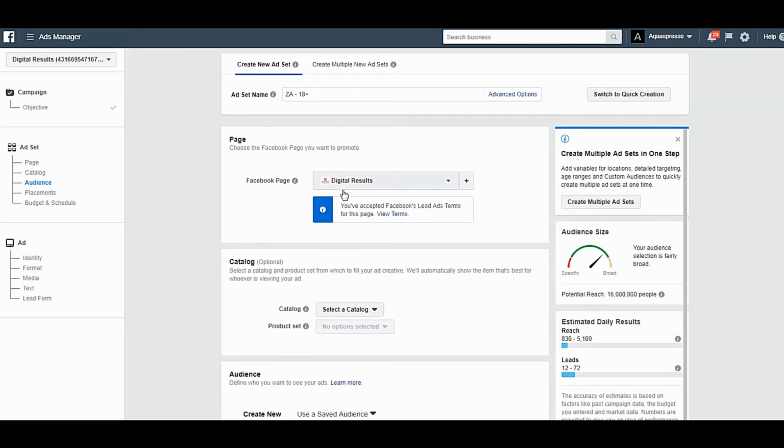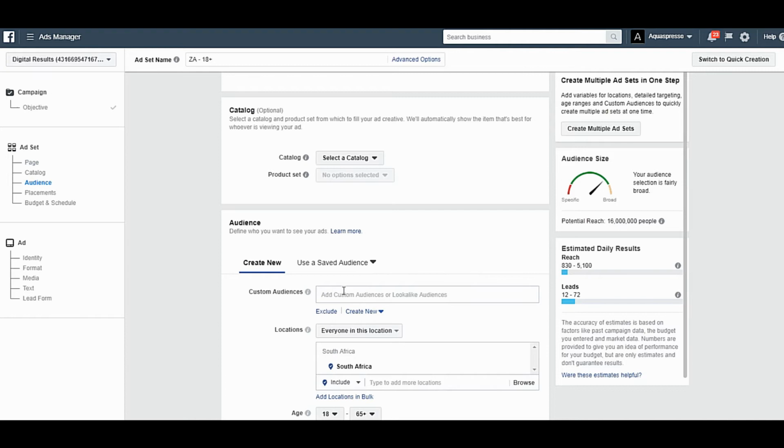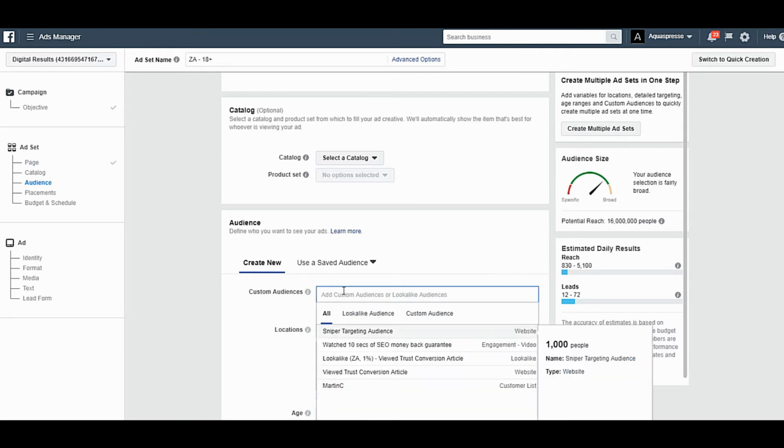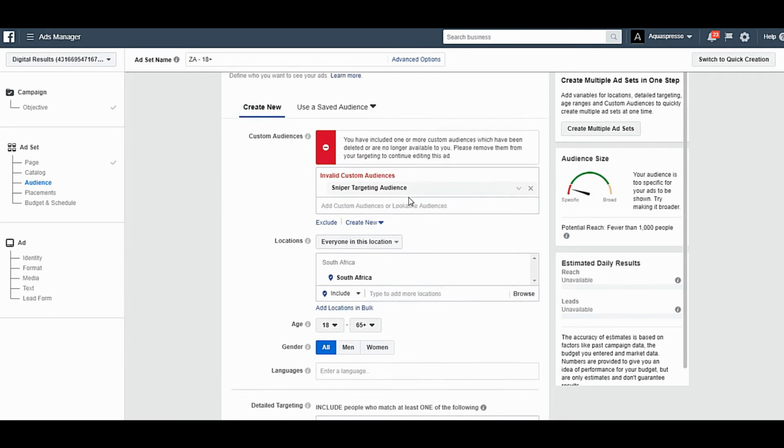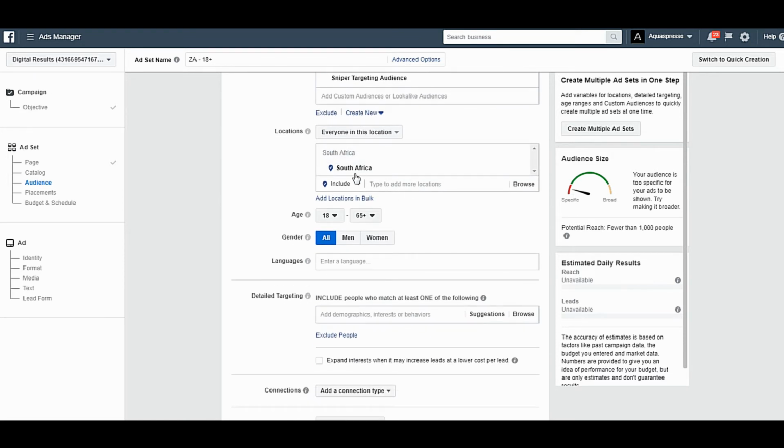And we are going to scroll down to custom audiences. That's where we're going to input our sniper target audience. It's going to give us an error now, but it will soon disappear once it populates. And the important thing is that the audience will be accepted because it will be able to find 30 people, but